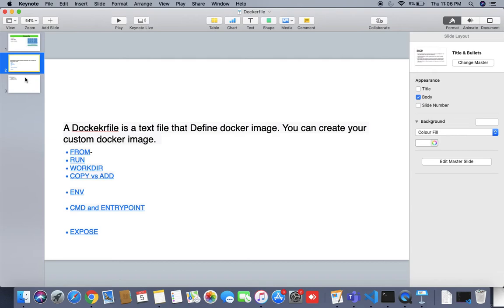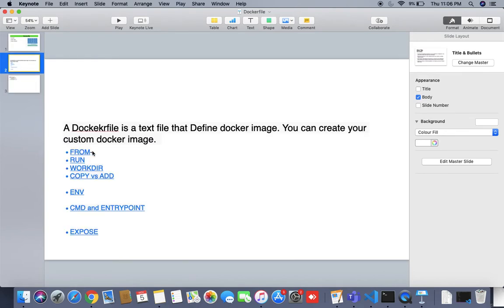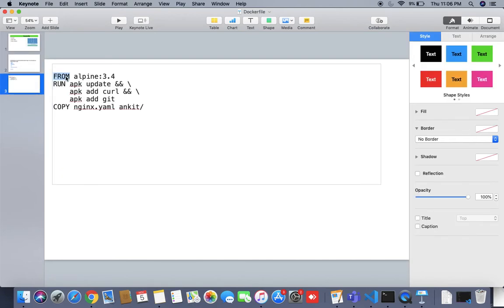So we'll go and create the Dockerfile, and we'll do the hands-on now. If you see here, I already told you your Dockerfile will start with the from argument. I am using this as an image. This is called the base image. I'm going to install and copy everything on this base image. Everything below this from will be run in the base image only. I have used base image Alpine 3.4.